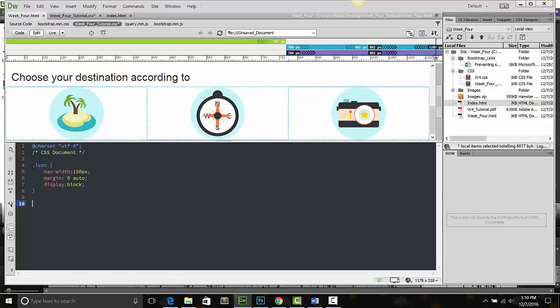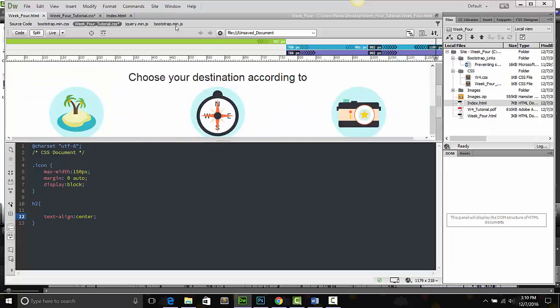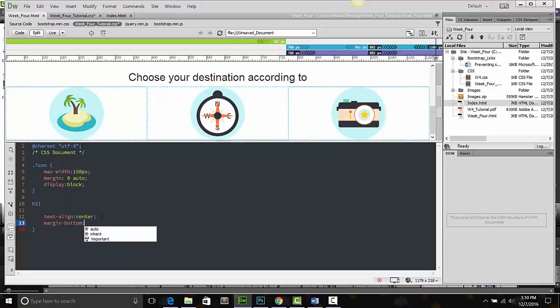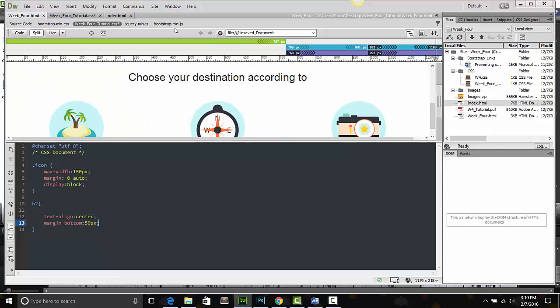So what we'll do, if we go to the CSS, and we give that a style, H2, text align center. We refresh that, and there it is. And we could perhaps give it a bit of a margin at the bottom. Maybe say 50 pixels. And that gives us a little bit more space here. So we go File, Save,